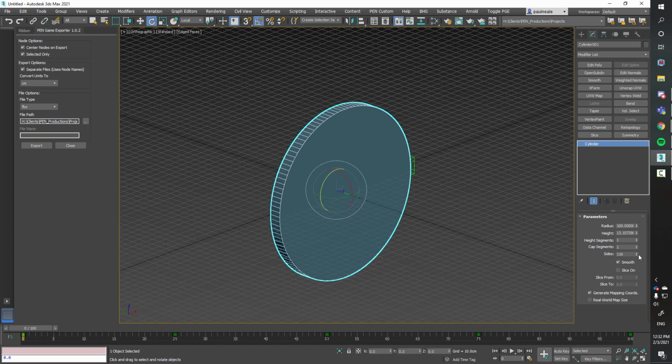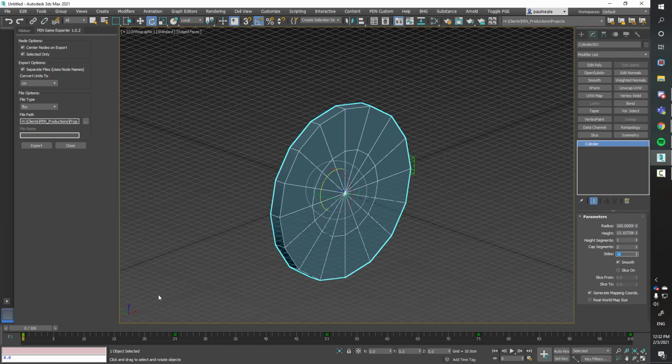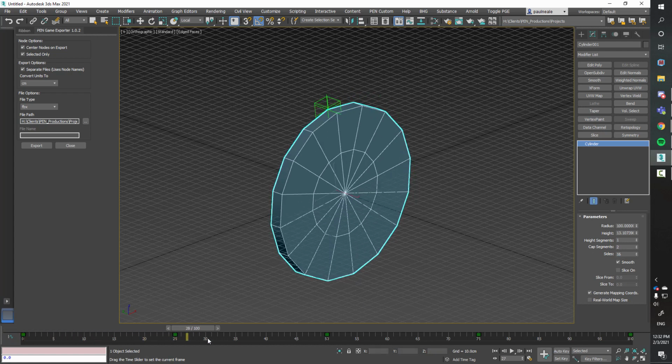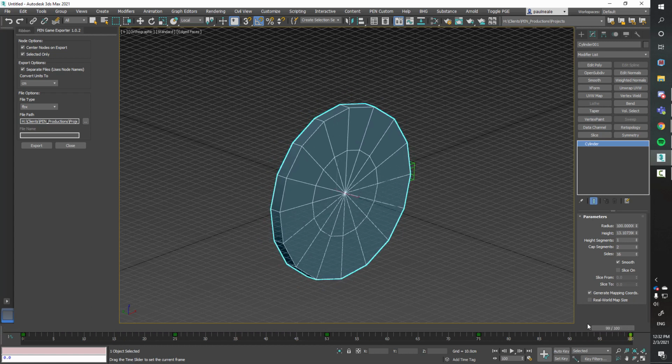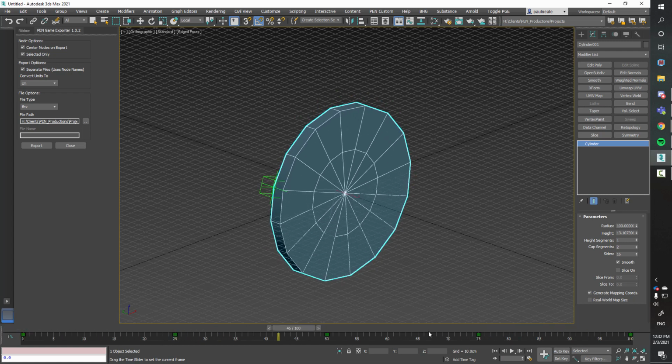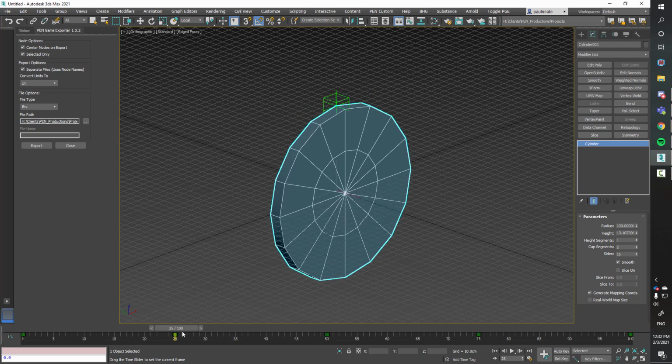What I'll do is I'll make this like 36 sides, and I'll put in some cap segments so you can see it rotating. So maybe only 16. There you go. So you can see it rotating. So it rotates now through 90-degree increments just because I wanted to be able to check it at 90 degrees. So you could just rotate it, make sure it's rotating on a linear rotation, and so that you can go to a mid frame and know you're at 90, because we're going to need to know that